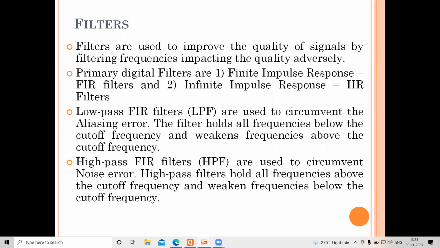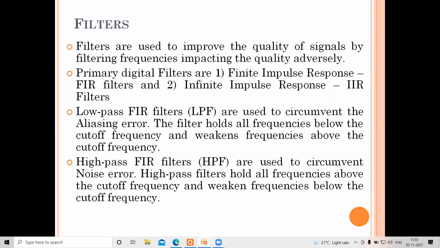What type of response are you looking at, whether you want a finite response or infinite impulse response? Different filters are being used, and all these filters are being implemented in different forms: direct form 1, direct form 2, then you have various other forms, cascade form and others. It depends on what application you're talking of.